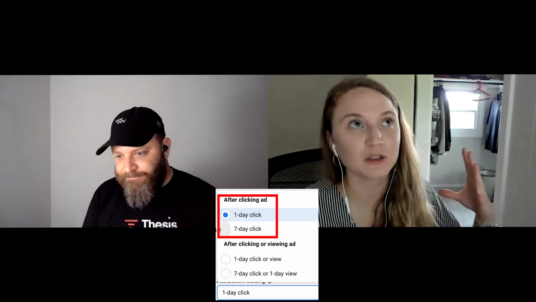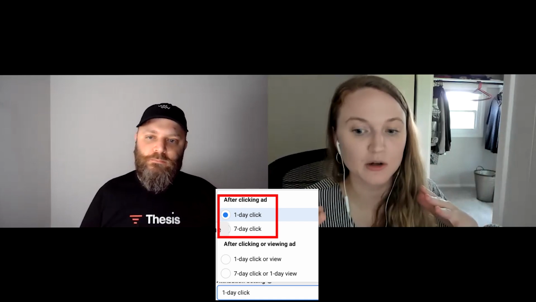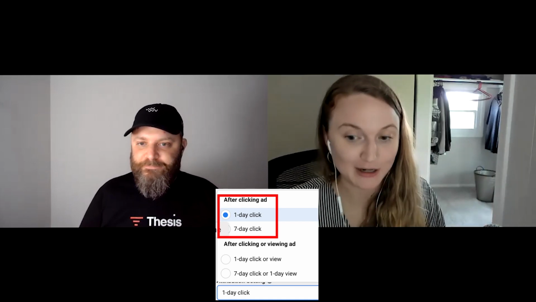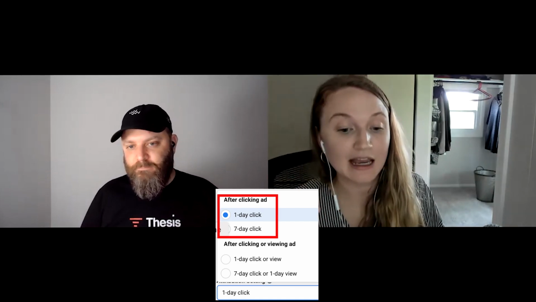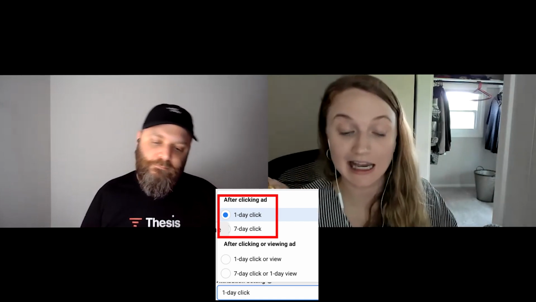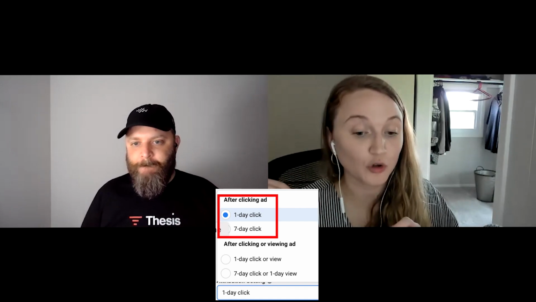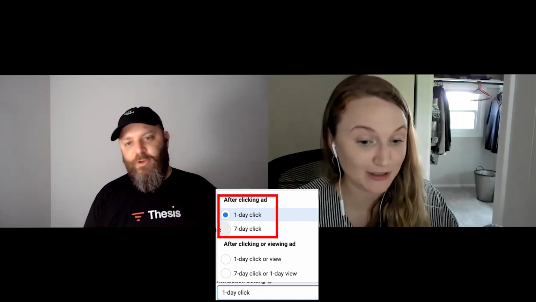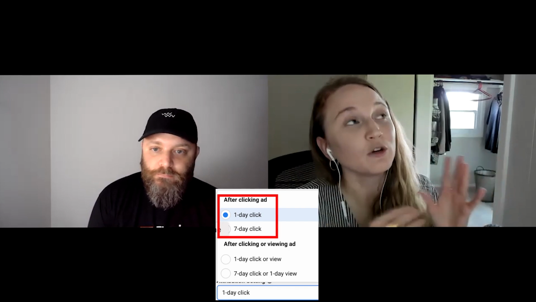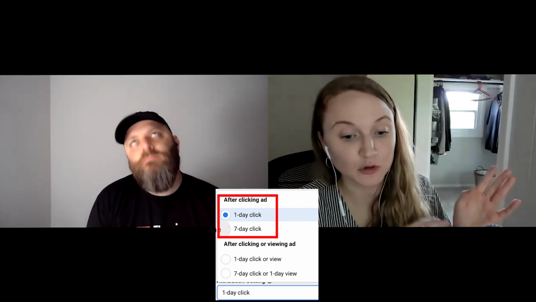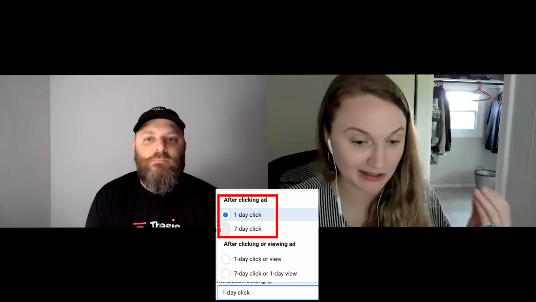Because the real problem with telling Facebook that you want this attribution window is it's not just an attribution window, it's also an optimization window. So when you are telling Facebook, hey, I want to have a 7-day click attribution optimization window, you're telling Facebook to find people who will convert within 7 days of clicking on an ad. And when you compare that with optimizing towards people who convert within 1 day of clicking on an ad, that's a much higher intent customer and